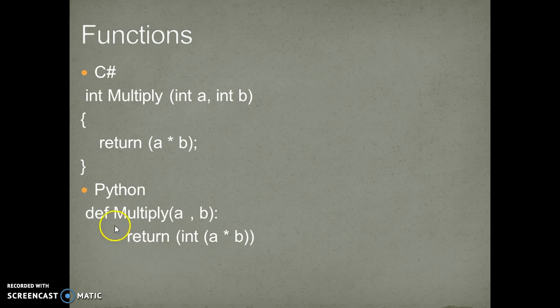And in Python we also have another function. So we have def, short for definition, our name, multiply, and again we're not declaring the type, so it's just a and b. And it's always very important to remember that in Python, a block of code is always identified by indentation level. So it just returns a times b, and because we're casting it to an integer,